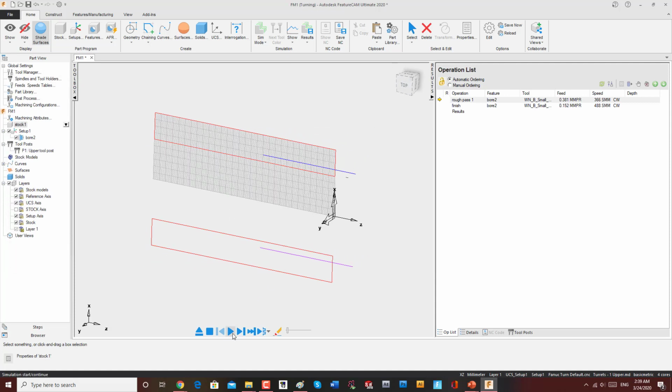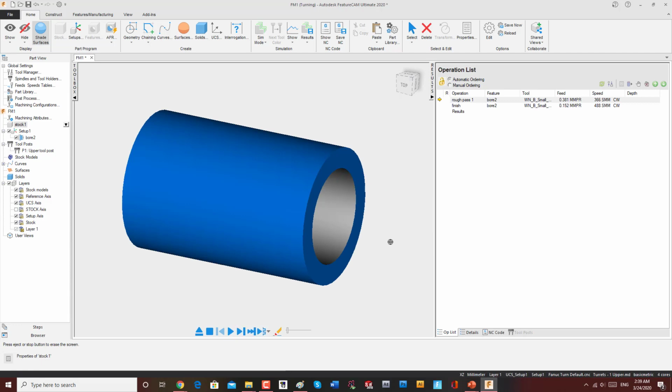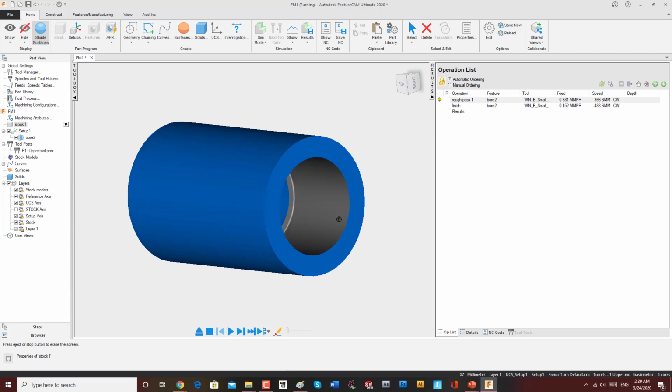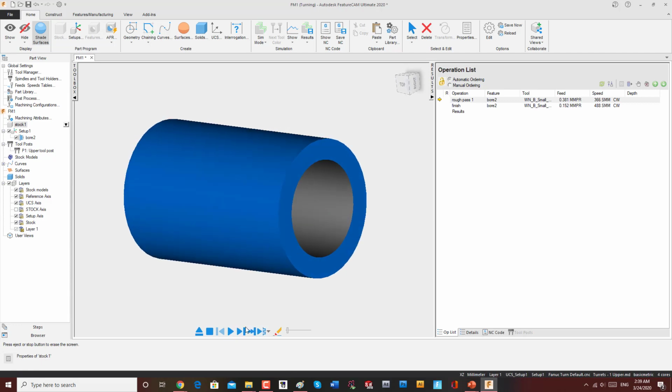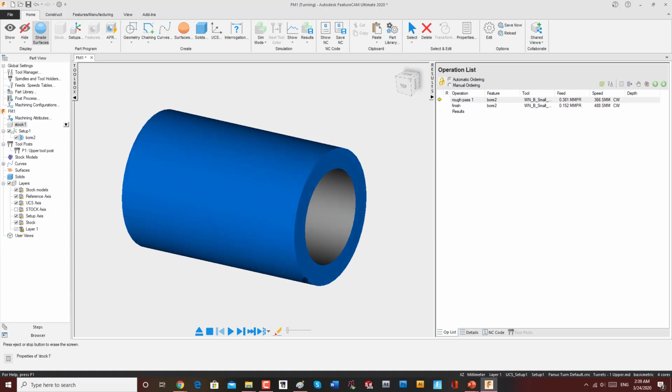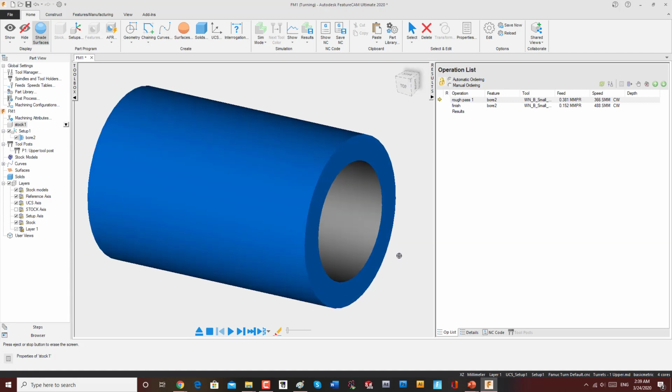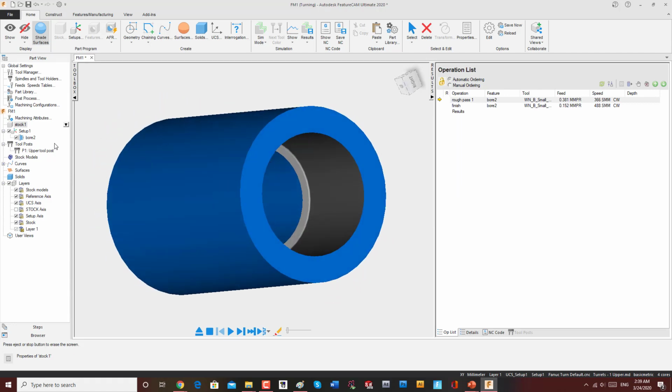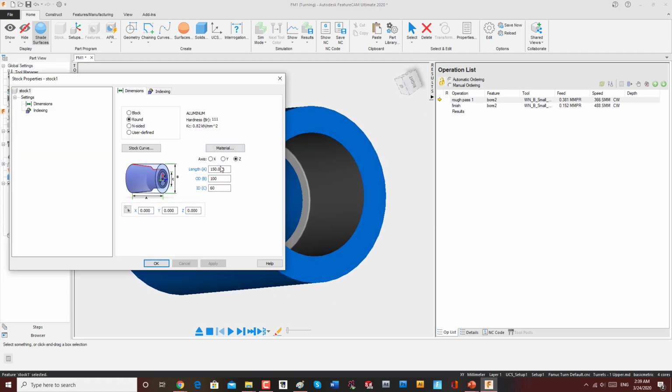Now let's try the simulation. See, I get it right. The software will automatically understand and calculate that if you are using solid material from inside, how you are going to insert a tool here. If you have solid material from inside, you are going to damage your tool. Either you need in the stock, when you click on the stock, to buy a bar that already has a hole in the middle, or if you want to insist to keep this 0